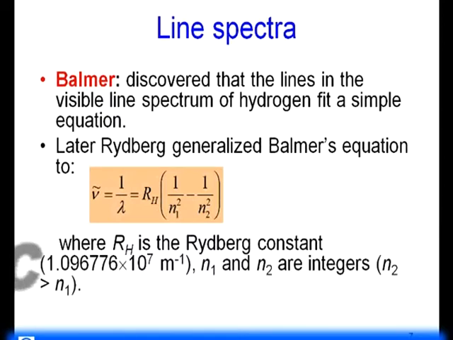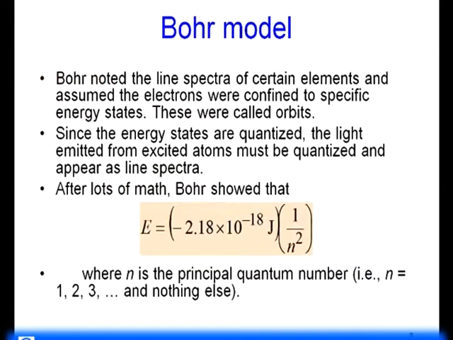you can, by using different values of n1, for example, 1 will be for the Lyman series, which was not observed so soon because it was in the UV region, and then the later lines, Brackett, Pfund, and Paschen, all of them were also in the IR region, which was not known at that time. And using all this, Bohr was able to find a model where here the Rydberg constant is expressed in another unit, joules, and here its value is